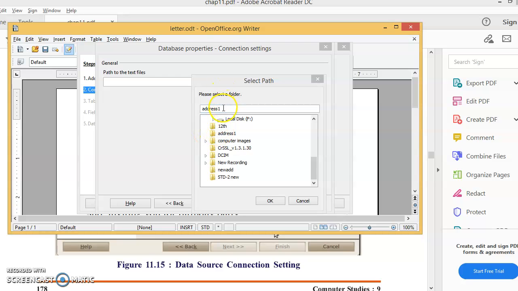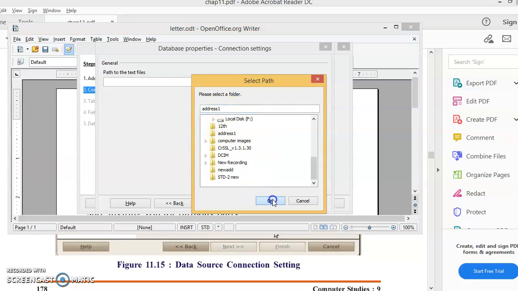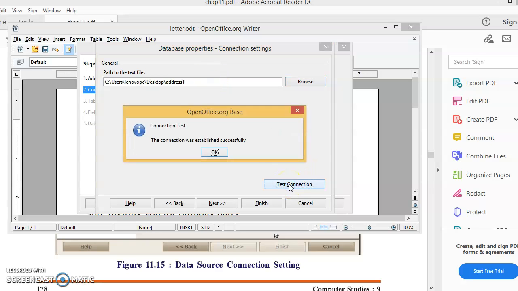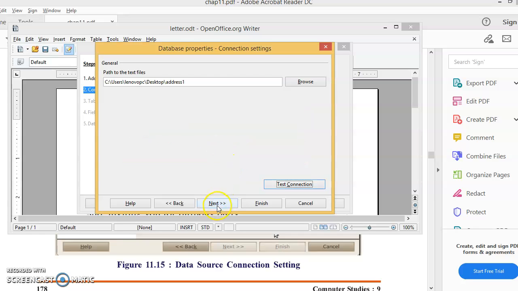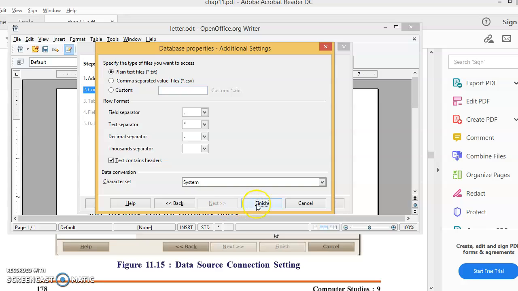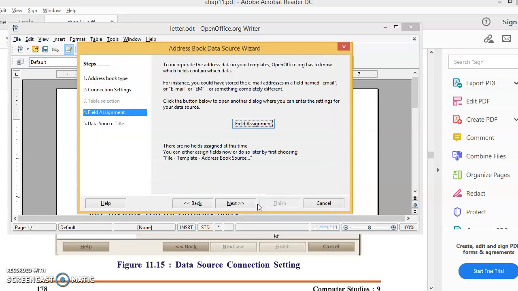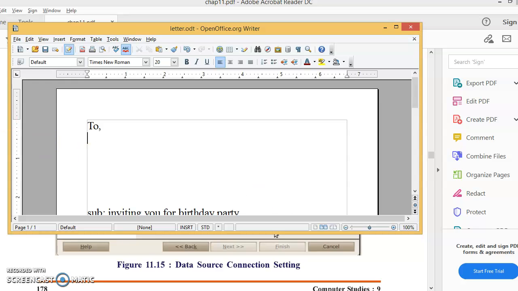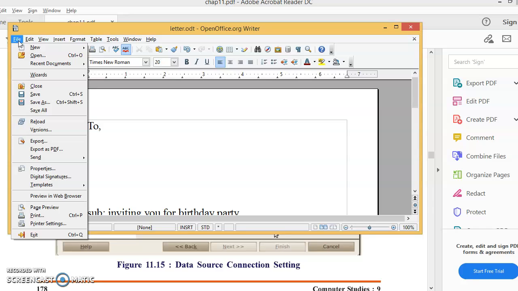Did we select address 1? Click on OK. Address 1 comes here. Then go to text connection. Text connection established successfully. Next. Finish. Now you are able to see the file here.